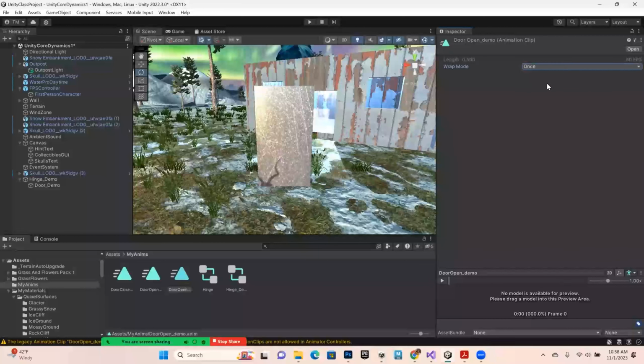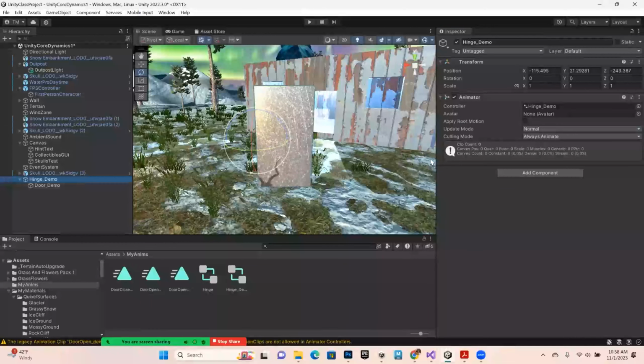Okay, so this is going to now change the clip a little bit so that I can do some of the stuff that I want to do. If I go back and select my object, my hinge, and go find my hinge, I'm going to see that it has an animator component on it. Again, that's the newer system. I'm going to switch it